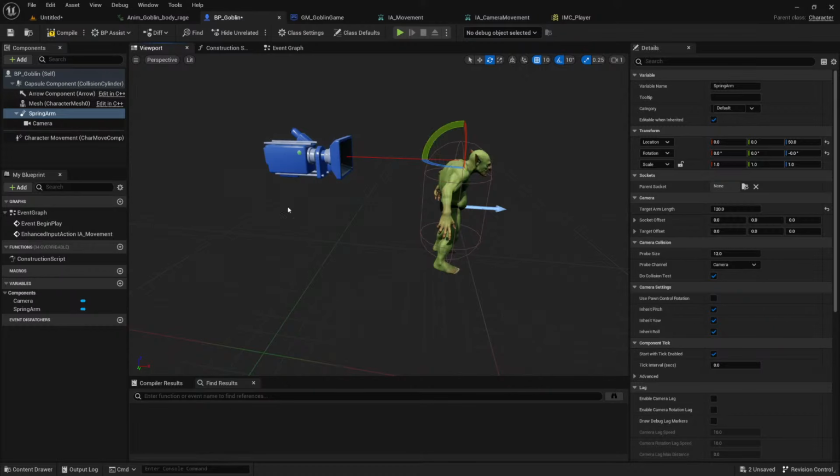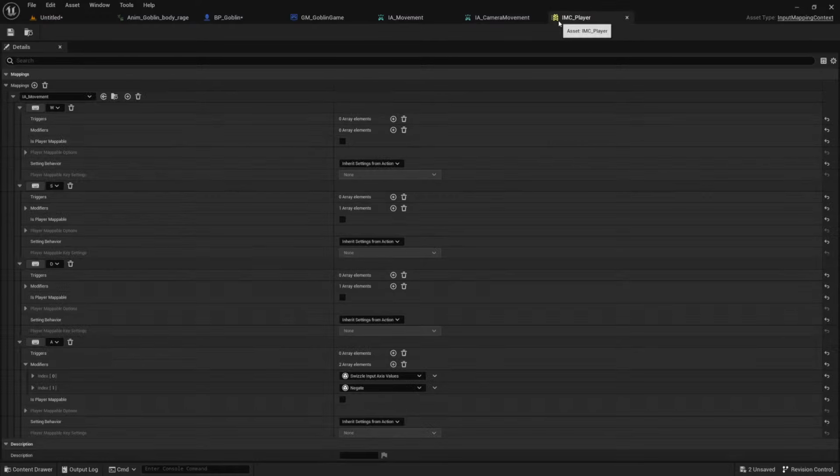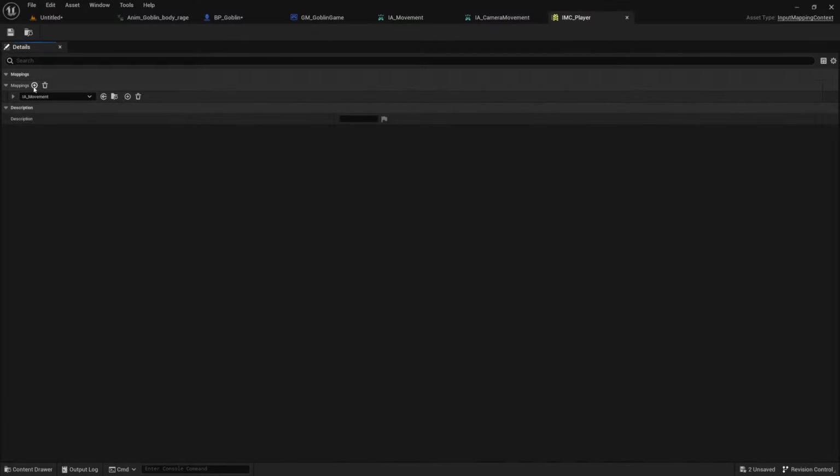This camera is not following the control rotation, so here use pawn control rotation. Let's activate it, and let's modify that control rotation. Right, so I need the camera movement. For that, I should have started with the camera movement. Otherwise, I wouldn't be able to test the movement. But okay, let's add the